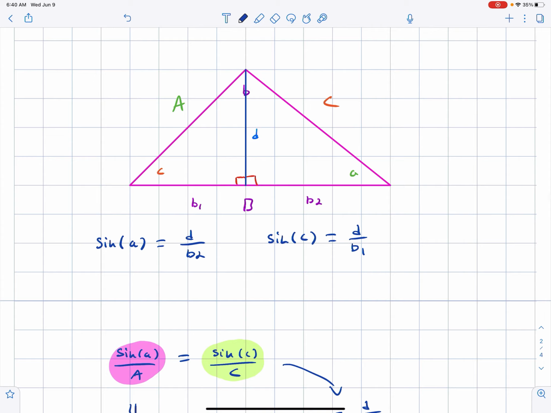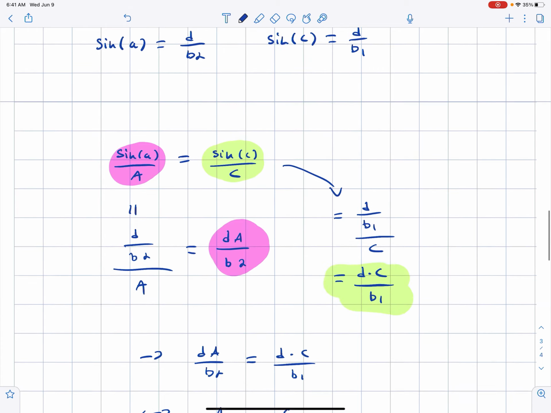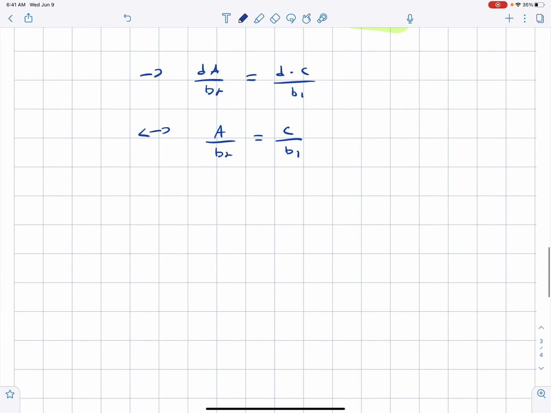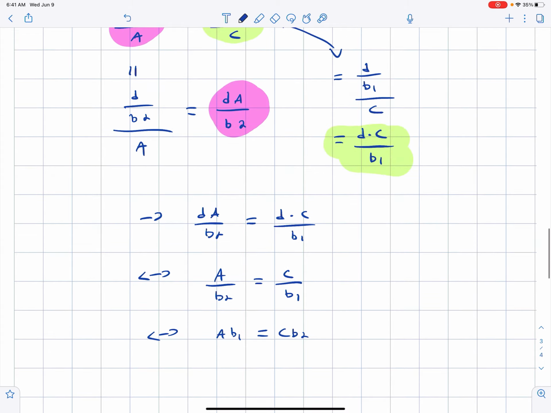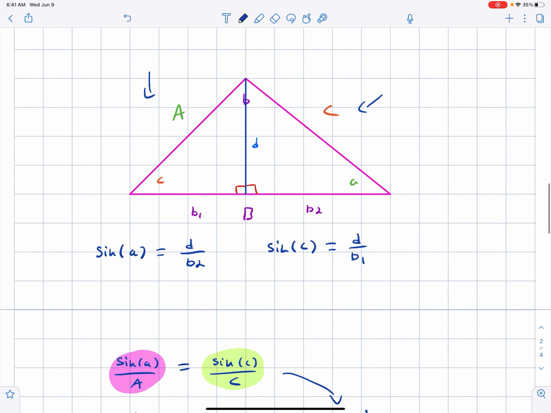And A is this side of the triangle, and C is that side of the triangle. Great, okay. And when is this going to be true? Well, this is going to be true exactly when A times B1 is equal to C times B2. I can just cross multiply by B1 and by B2. And so now I need to think,